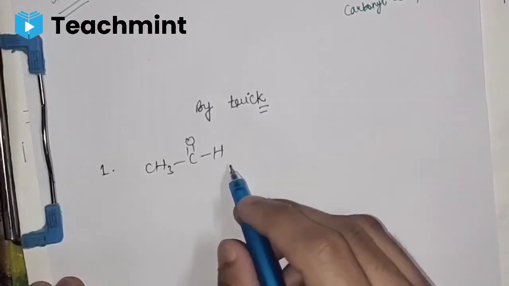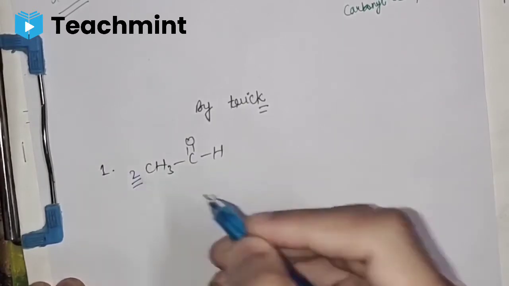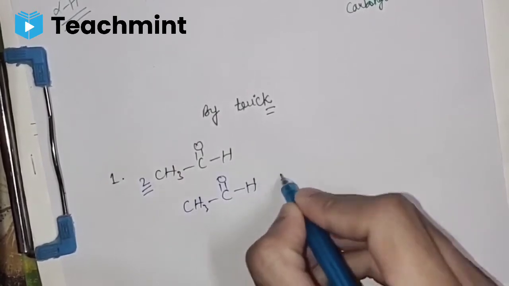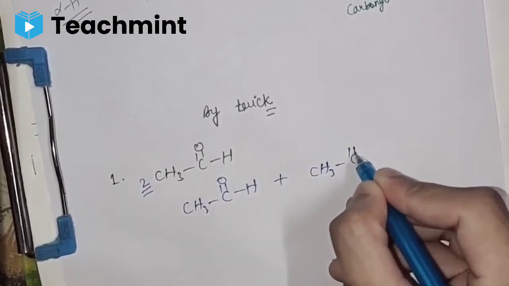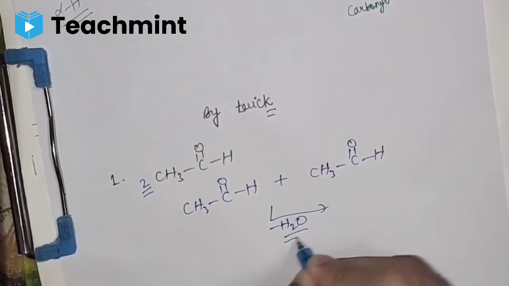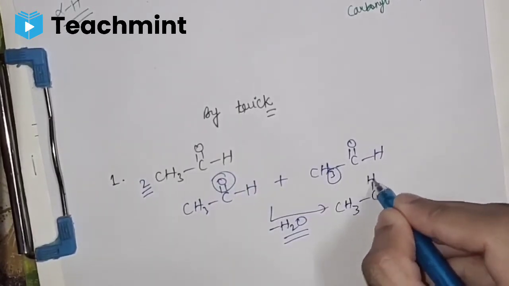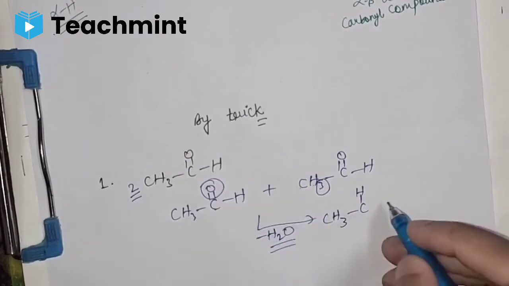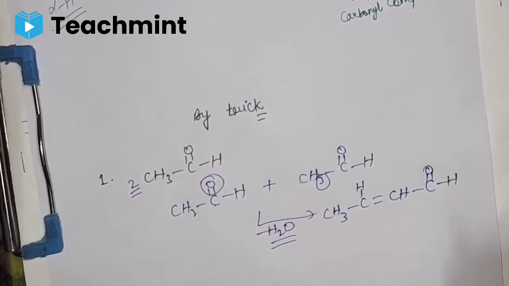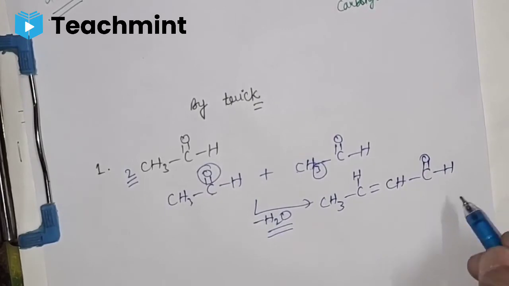Now here we need to apply the trick. As I said earlier, by default we need to take this as 2 moles. So 1 mole of acetaldehyde is reacting with another mole of acetaldehyde, and the trick is that we need to remove just H2O. Here 2 hydrogen and here 1 oxygen, and between both of these a double bond will be formed, CH, C double bond OH. Look how simple this is. We only have to remove water and then write the product as it is.